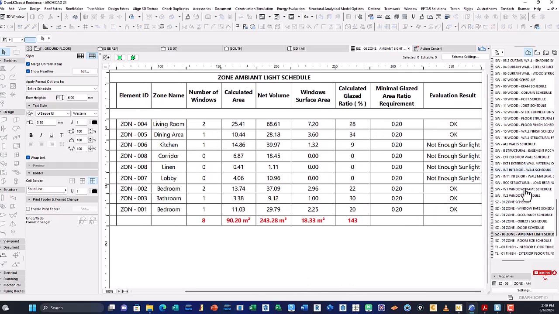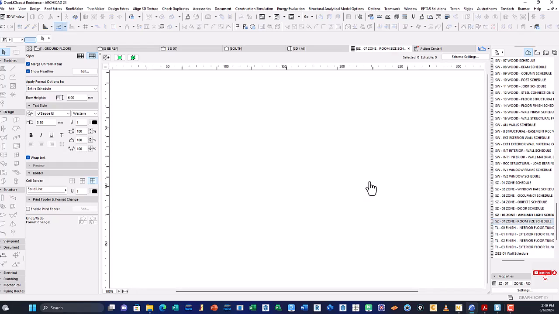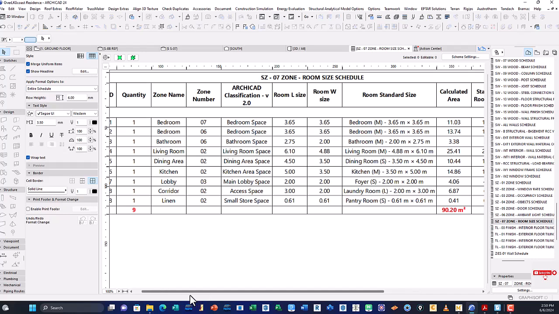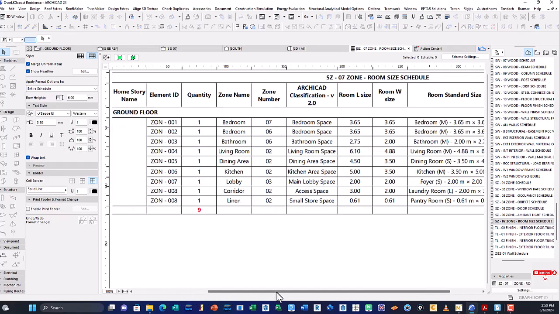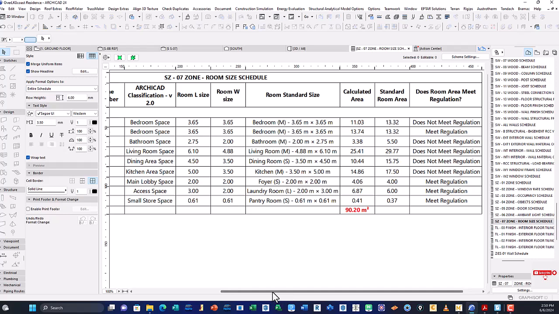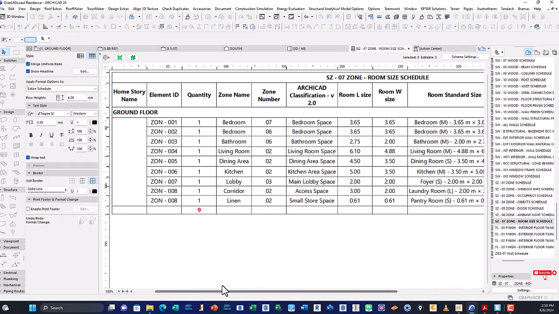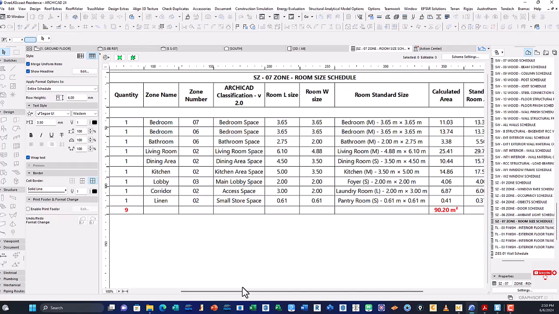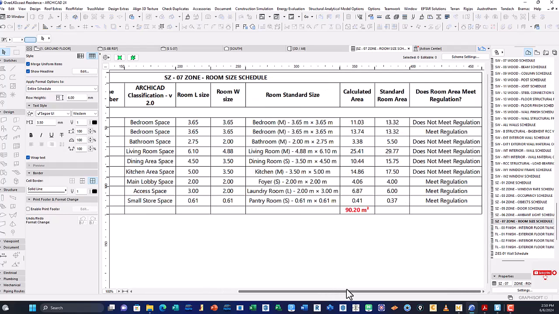So I'm just going to jump pretty quick to the other schedule here. I'm just going to double click on it. So this is my room size schedule. By comparison, I just want to find out about my room, the measurement of the room that I've selected. Mostly when you're doing conceptual design, you're going to need the room size. You're trying to match the standard